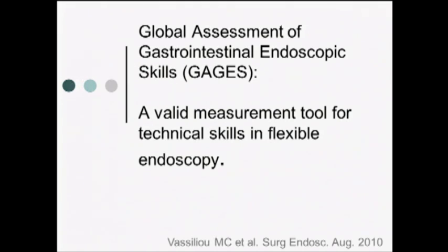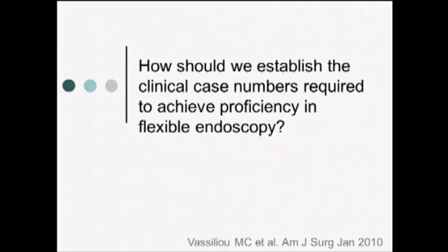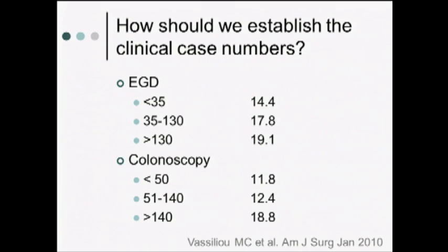Melina also looked at GAGES as a way to say, okay, how does GAGES correlate with numbers? We're always throwing these numbers out. The GI guys think we don't have enough numbers. We think we do have enough numbers. The board says one thing, ASGE says another thing. How do numbers correlate? And do the numbers that we typically require for our residents have any correlation to the